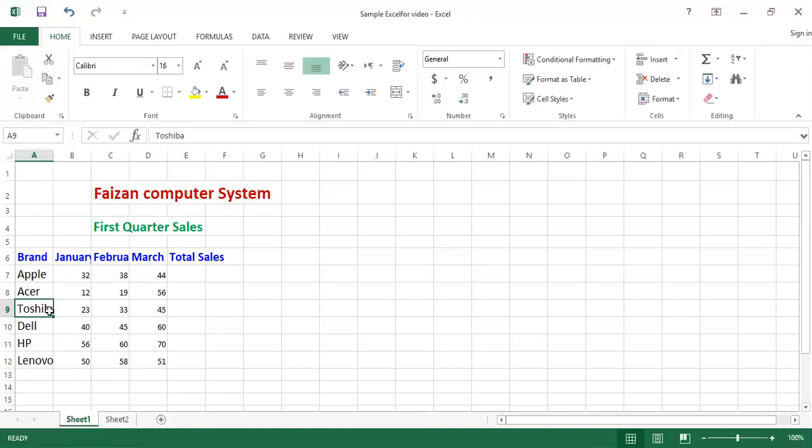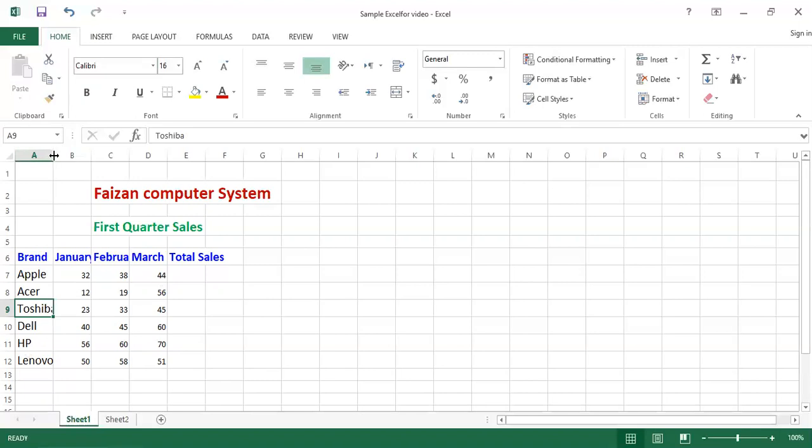So how could we increase or decrease the cell size? In this way, your text will appear properly on the screen. So let's move your mouse pointer towards the boundary line between the two columns, for example A and B. When I move my mouse pointer between A and B, your mouse pointer will change.